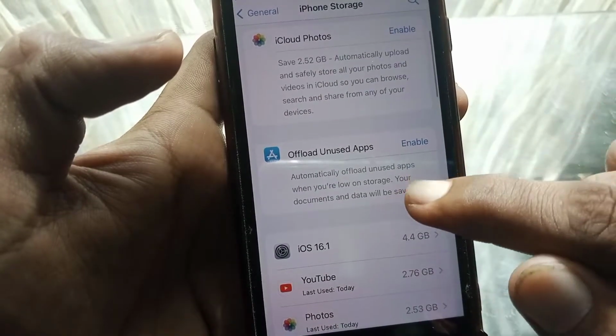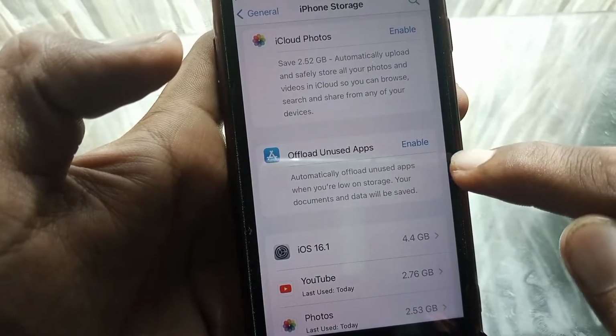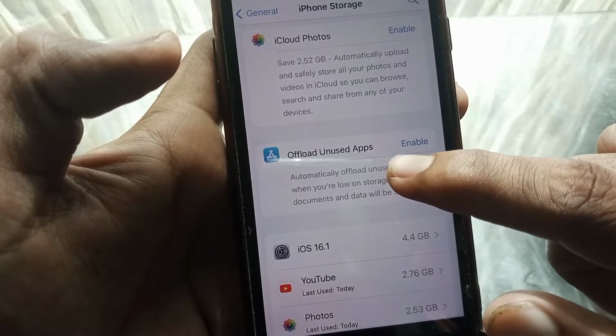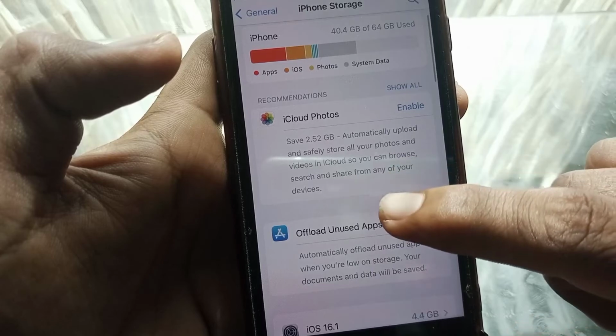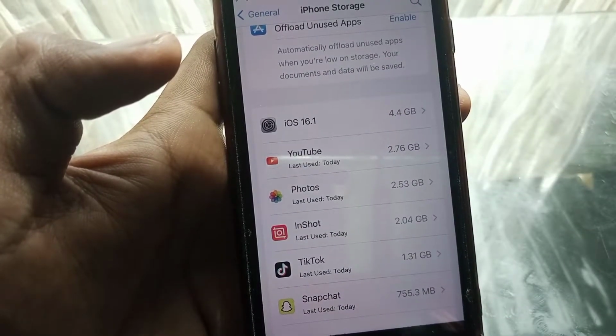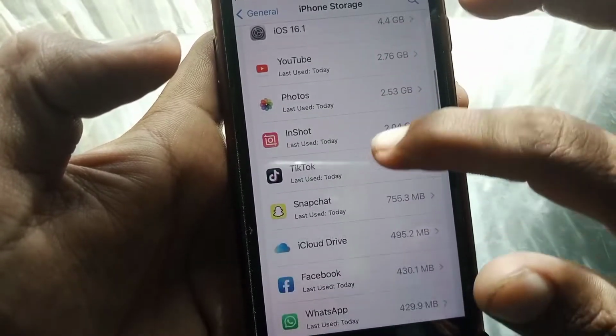So as you can see guys, it's showing here Offload Unused Apps, so you have to enable this option. And after that, make sure whether your problem is fixed or not. If not, then what you need to do is simply